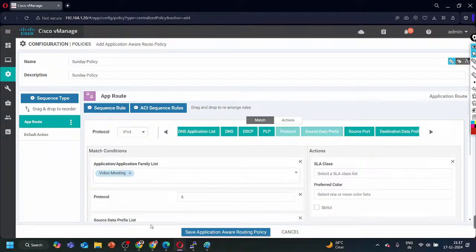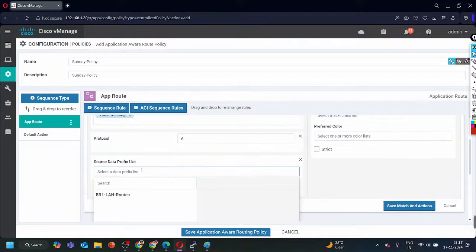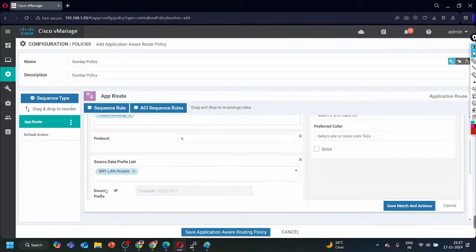Remember the data prefix, I had created one data prefix. Here we can call that Branch 1 LAN route, or if you don't want to add it you can define it directly here, 192.168.10.0/24, this way,